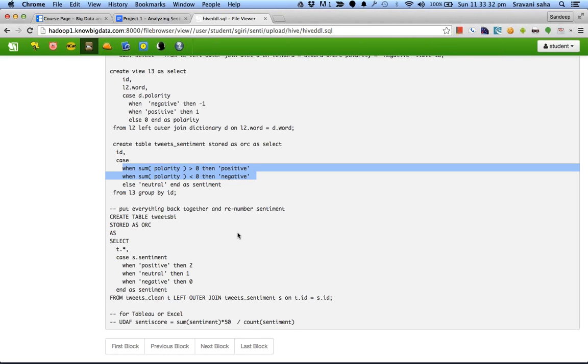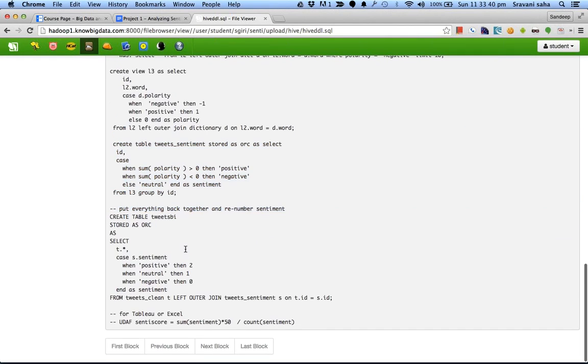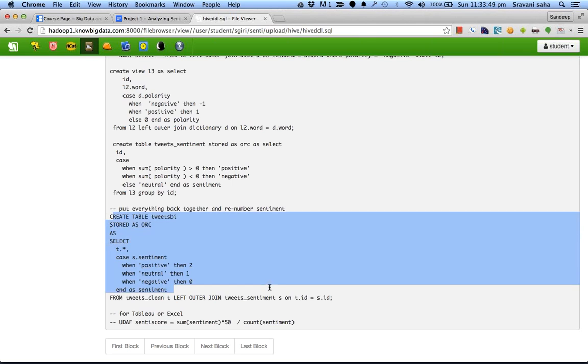That will give you better results. And once this is done, you can create a final table while translating positive into 2 and negative into 0 and neutral into 1, and that's all. So there you go, you got clean data at the end of it.